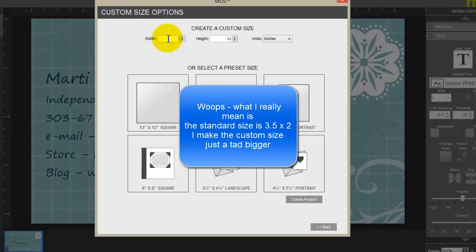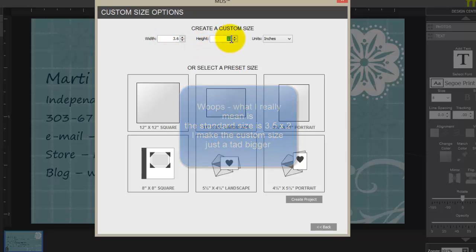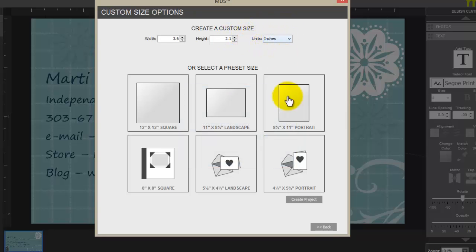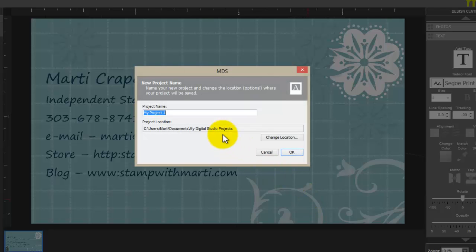So let's go to 3.6 as a standard size would be 3.5, and the height would be 2. Make sure that you have units in inches before you get going and create your project. Then I'm going to call this single business card